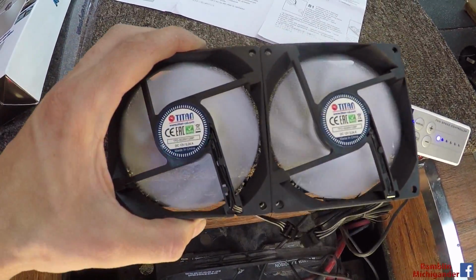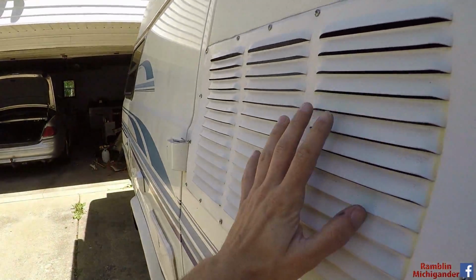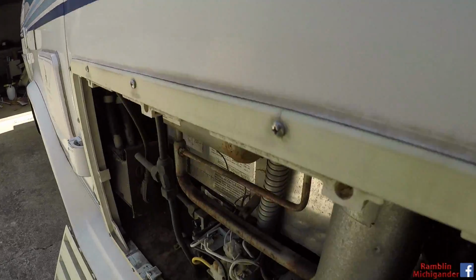So I'm pleased with it. I think it's going to work just fine. So I'll go ahead and turn it off. And the plan now is, next thing, I've got to figure out where I'm going to mount the fan, specifically in here. And then I've got to run the wires down, and